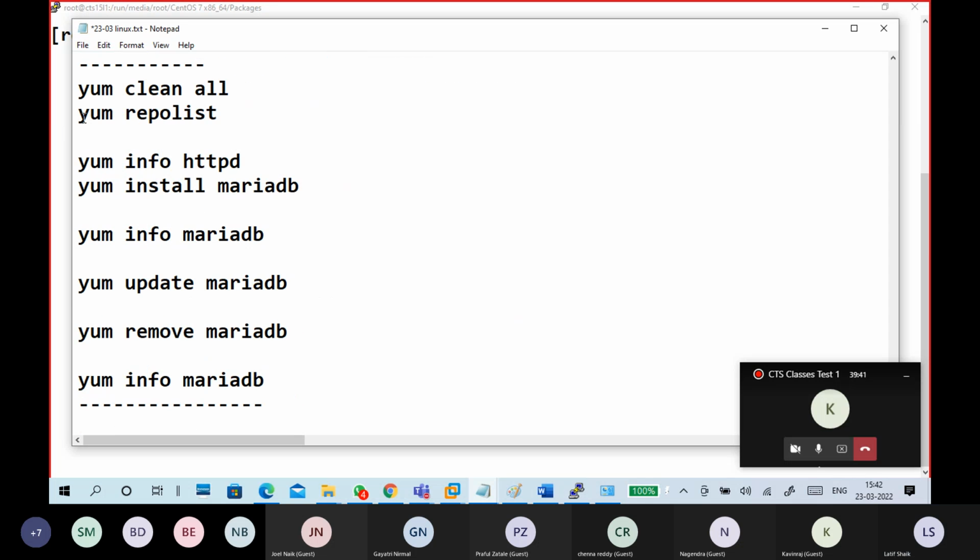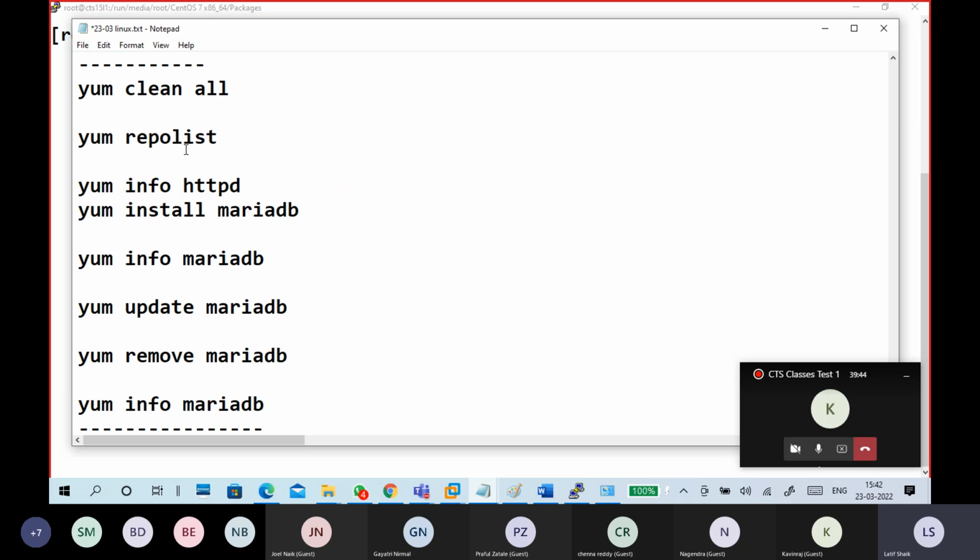So first of all, guys, remember, from here I'm telling a universal formula of managing the system. First, yum clean all. It removes everything already queried, meaning if I previously did repolist, some database is stored temporarily in my system, and that will be removed. Yum clean all means the repository database will be removed. Yum repolist means it loads the repository database into the system again.